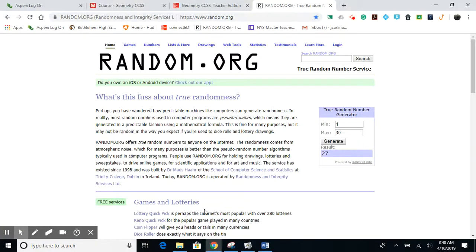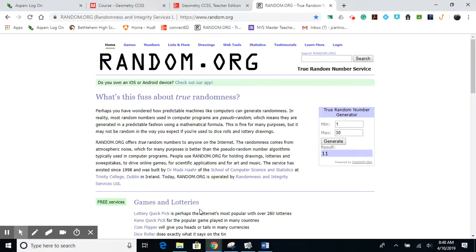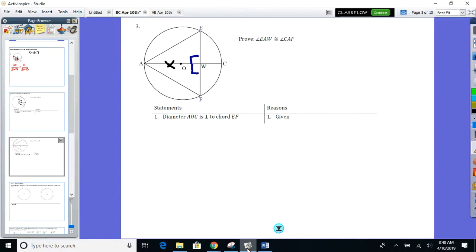You guys left the tougher one for last for somebody. 11, want to pick that up? Oh, nice. 5. Okay, I am going to write this down here. AC bisects